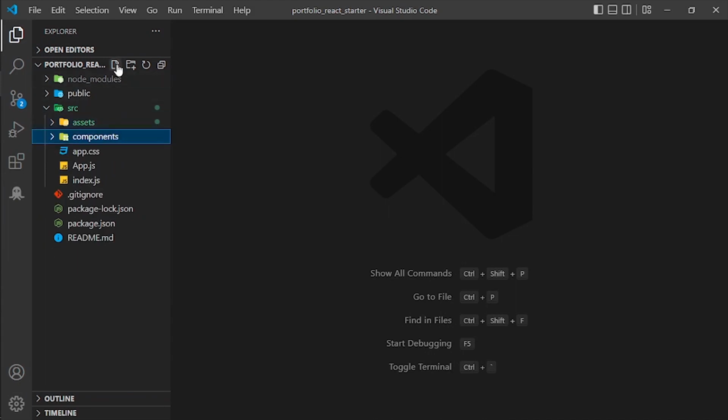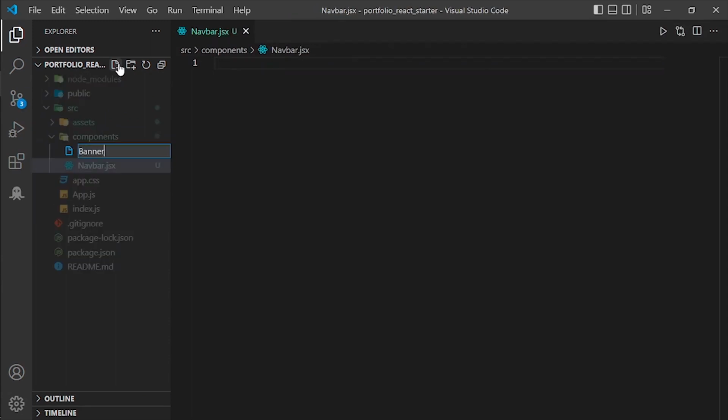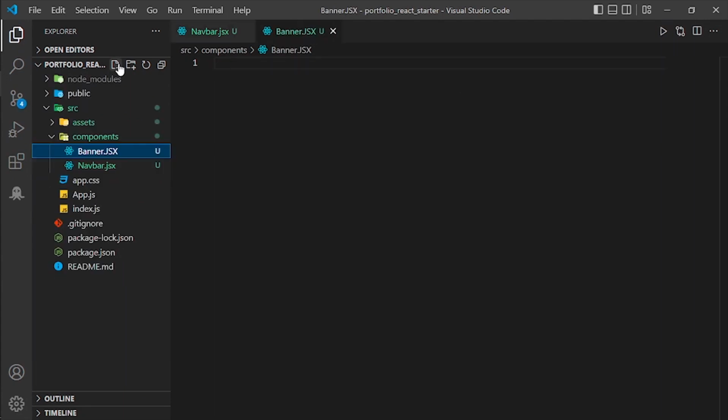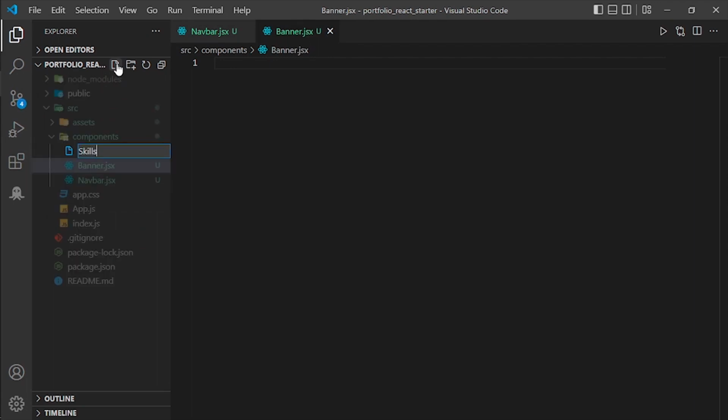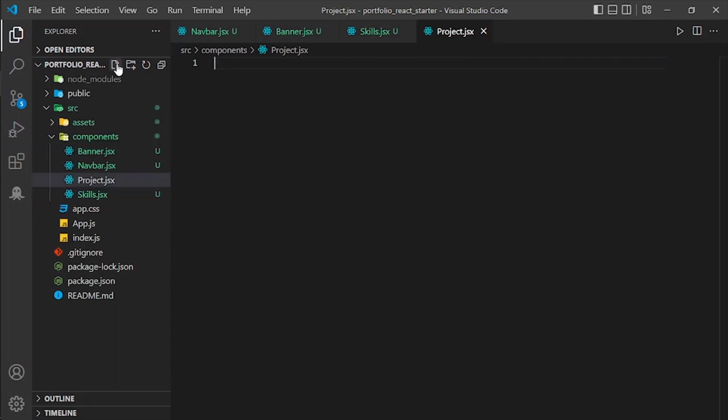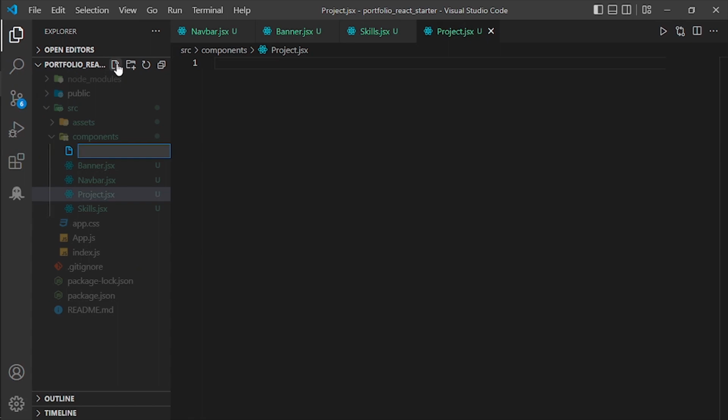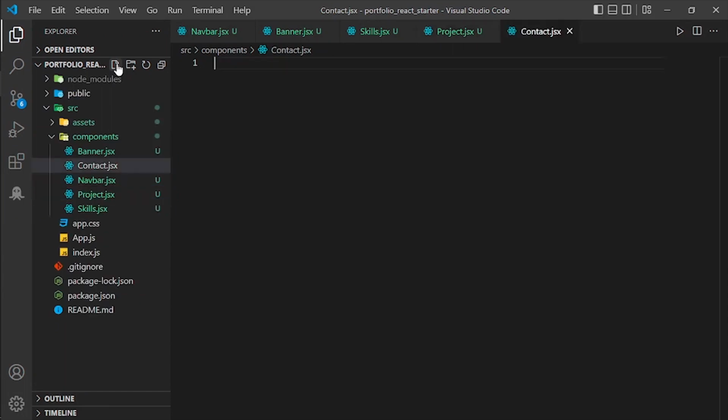And inside of that we will have navbar.jsx, banner.jsx, it's not capital, JSX, skills.jsx, project.jsx, contact.jsx, and for the last we have the